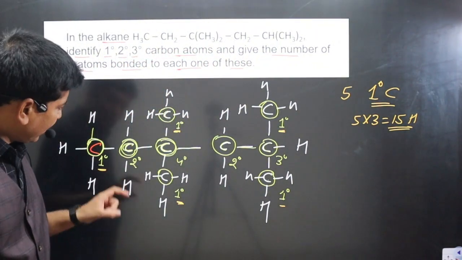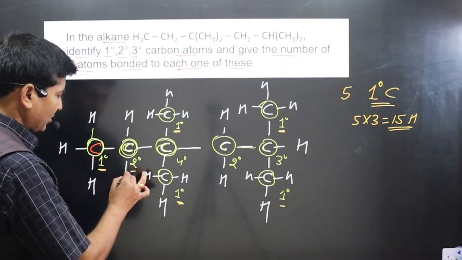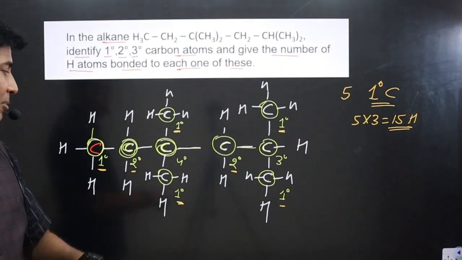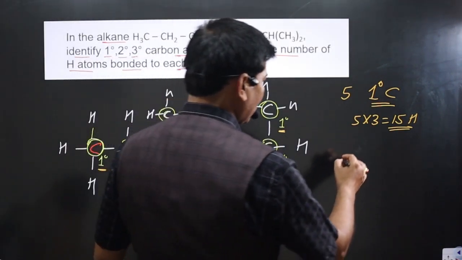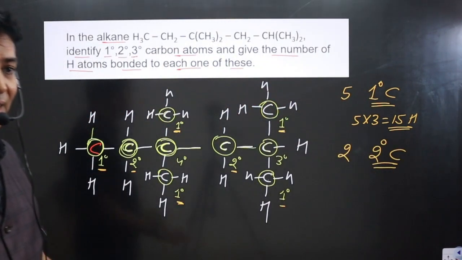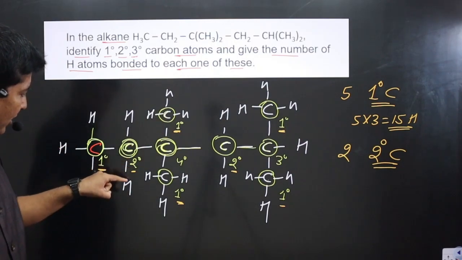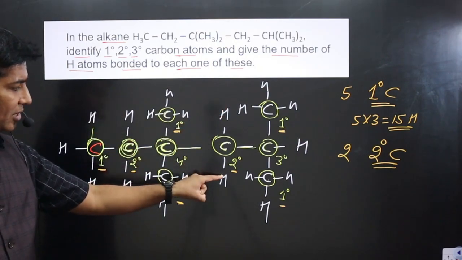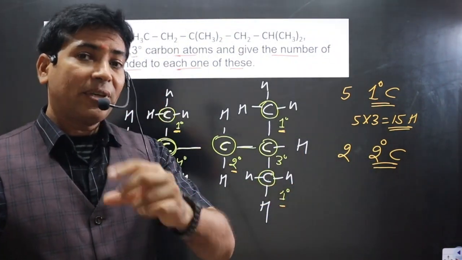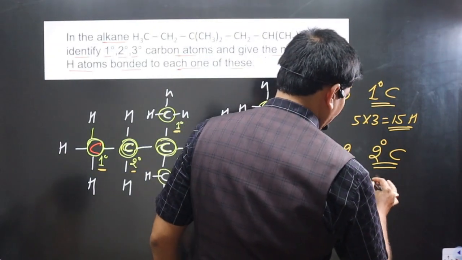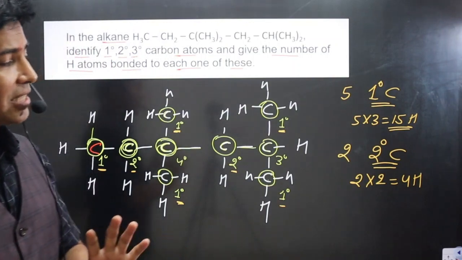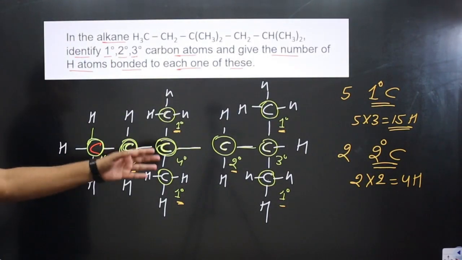How many secondary carbons are there? This is one secondary carbon we have, and this is the other secondary carbon we have. So total number of secondary carbons, how many? 1 and 2 are there. So we can mention 2 secondary carbons are present in the compound. Okay, as I said, a secondary carbon will have 2 hydrogens. You can see 1 hydrogen, second hydrogen, 1 hydrogen, second hydrogen. So there are 2 secondary carbons, and each carries 2 hydrogens. So we can multiply 2 by 2, then we get 4 hydrogens attached to the secondary carbons. Very interesting part.